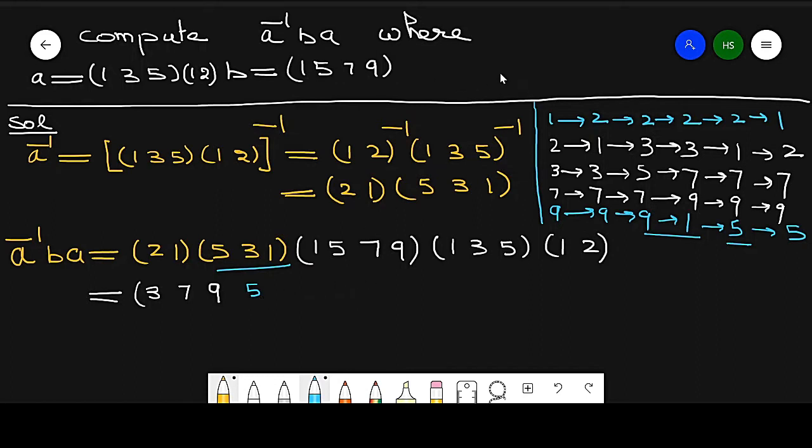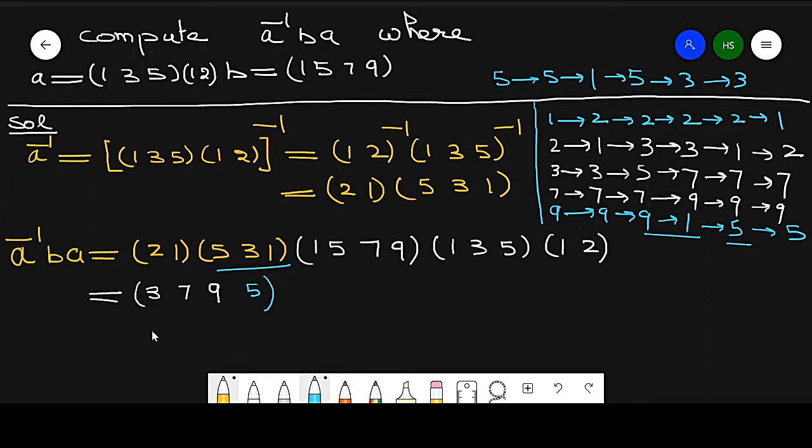Now I start from the point 5. So first step 5. No element 5, 5 goes to 5. In the next step 5 goes to 1, and again 1 goes to 5, and 5 goes to 3, and 3 goes to 3. So the cycle is complete. So this is A inverse BA, that is a cycle consisting of elements 3, 7, 9,